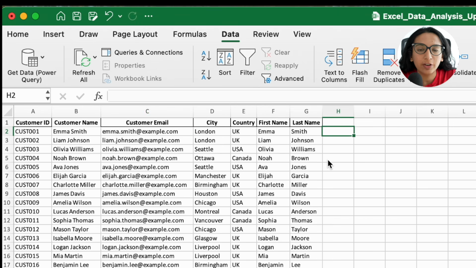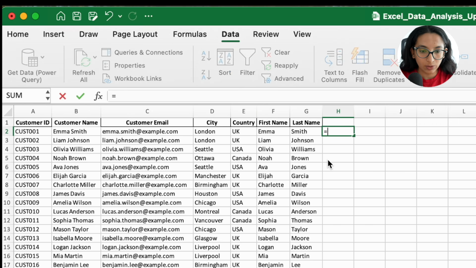In my case, I already have the customer name, but I did ask ChatGPT to divide it into first name and last name so that I could show you the concatenate function, which is also a very important function that you will be using. So what the concatenate function does is that it uses text or numbers from different cells and brings it together into one. So for example, if I have first name and last name in different columns and I want just the complete customer name, I can use concatenate for that.